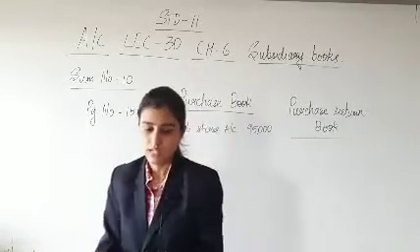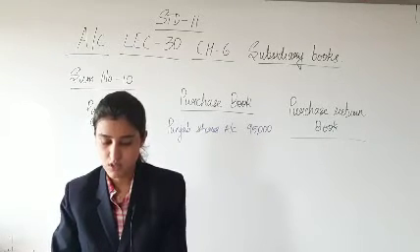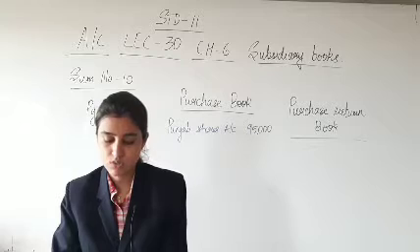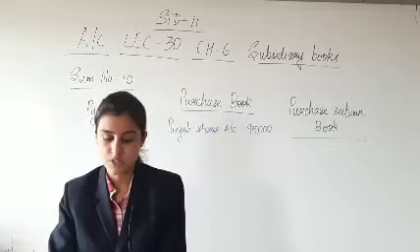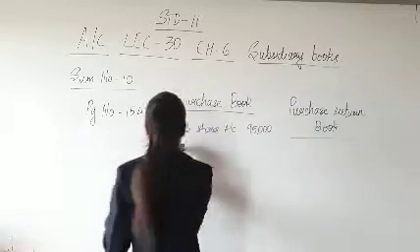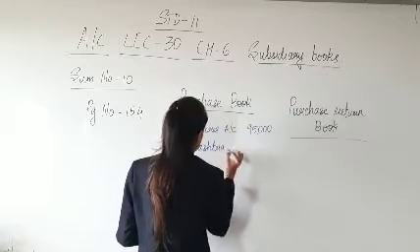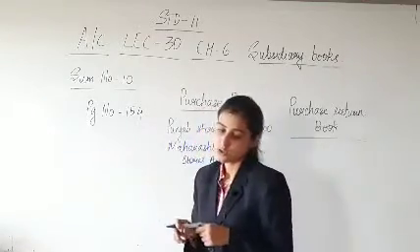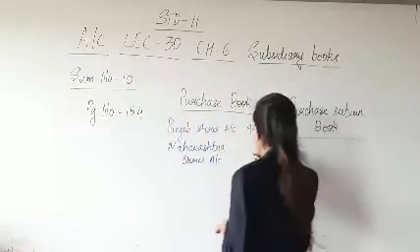Next one, on 3rd of January, goods purchased of rupees 60,000 on credit of 1 month from Maharashtra stores. Trade discount 10%, bill number 330. Goods of rupees 60,000 have been purchased from Maharashtra stores. Name of the supplier? Maharashtra Stores. Yes, goods of rupees 60,000 at 10% trade discount. So 60,000 minus 6,000, simply.